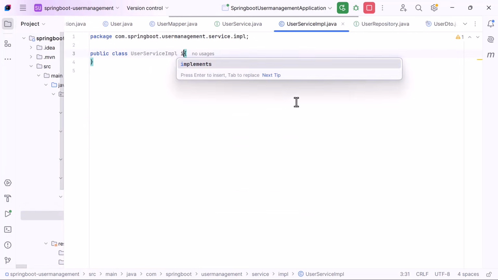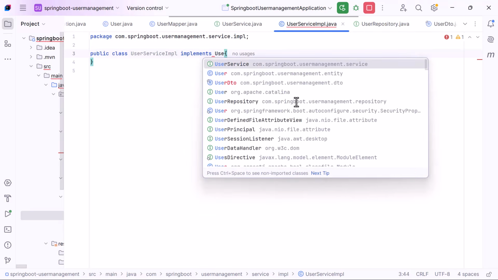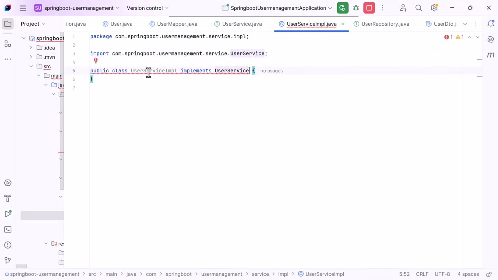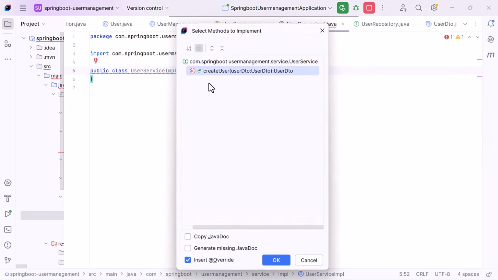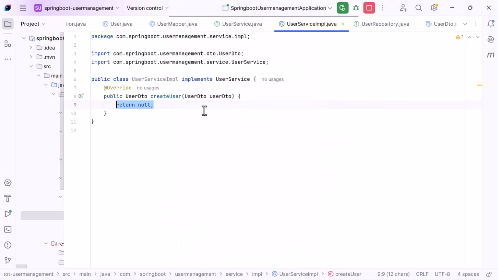Next, this class implements the user service interface. Mouse over on this user service class and click on implement methods. Select the method that you want to implement and click on OK. Perfect. Next, let us make this user service class a Spring Bean by annotating this class with the @Service